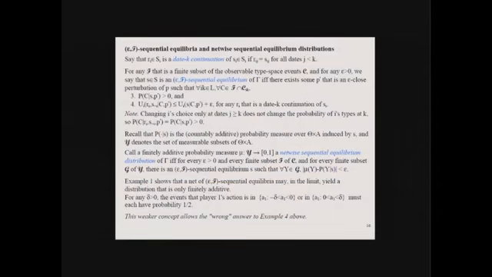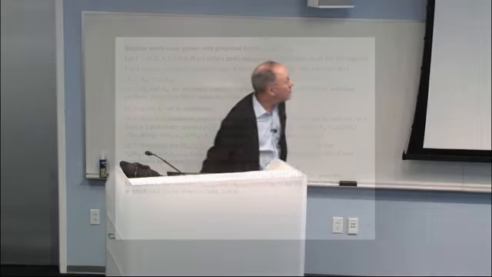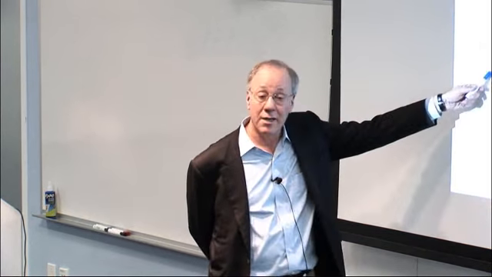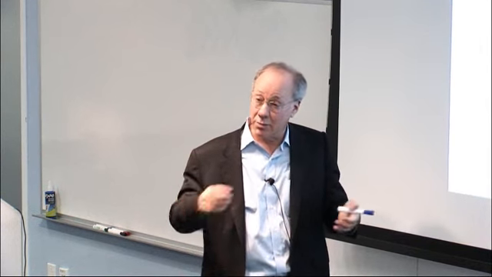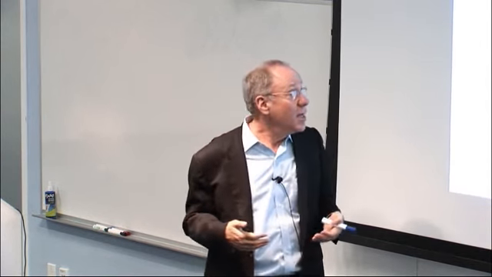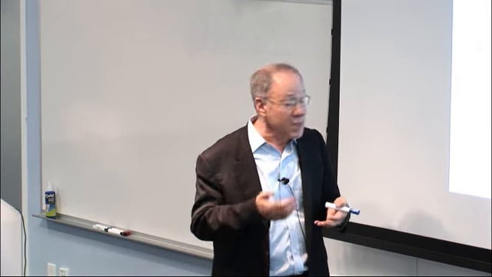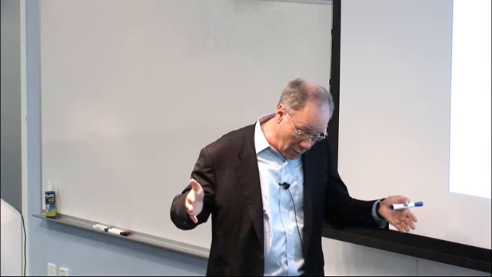And let me just say, that's a weaker concept. I'm going to skip that. Here's a class of games called regular games with projected types. The regular property means that basically all the 0 probability events anybody is generating come specifically from observing people's actions and saying, oh, I thought there was a 0 probability of you doing that. That's a surprise. And all the other stuff that people observe is coordinates of nature, where the positive probability